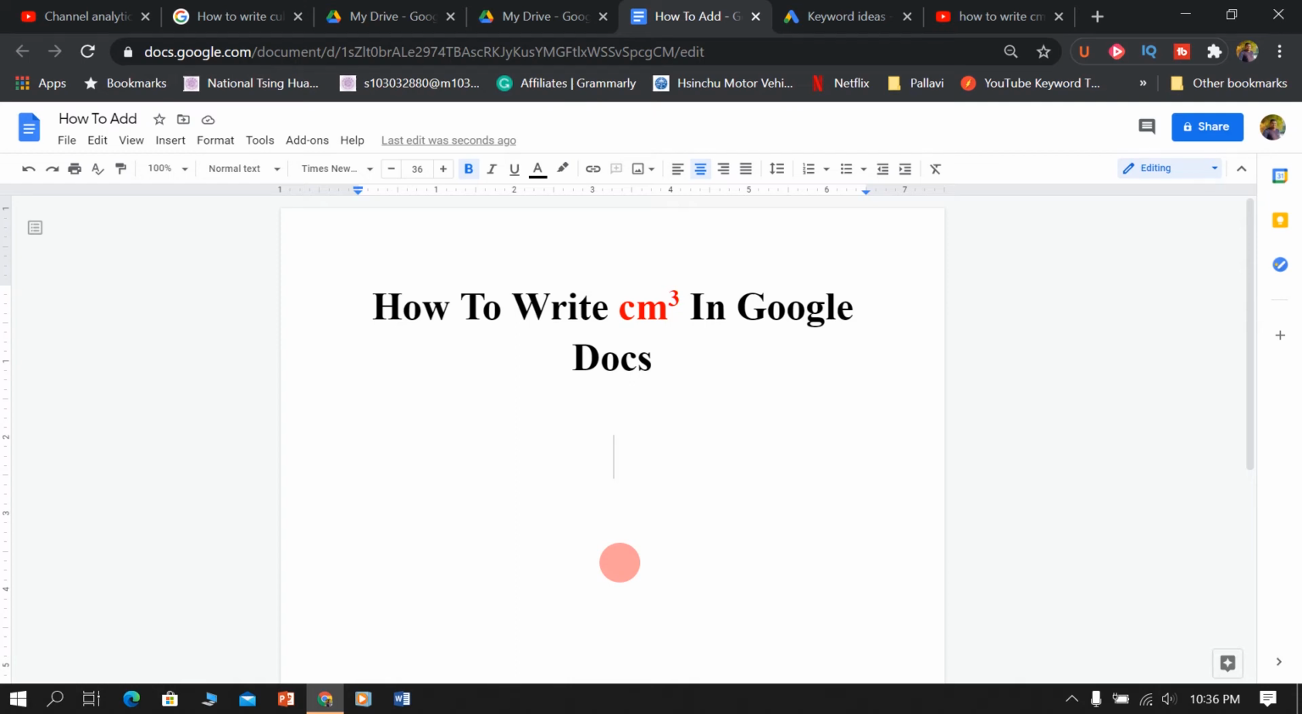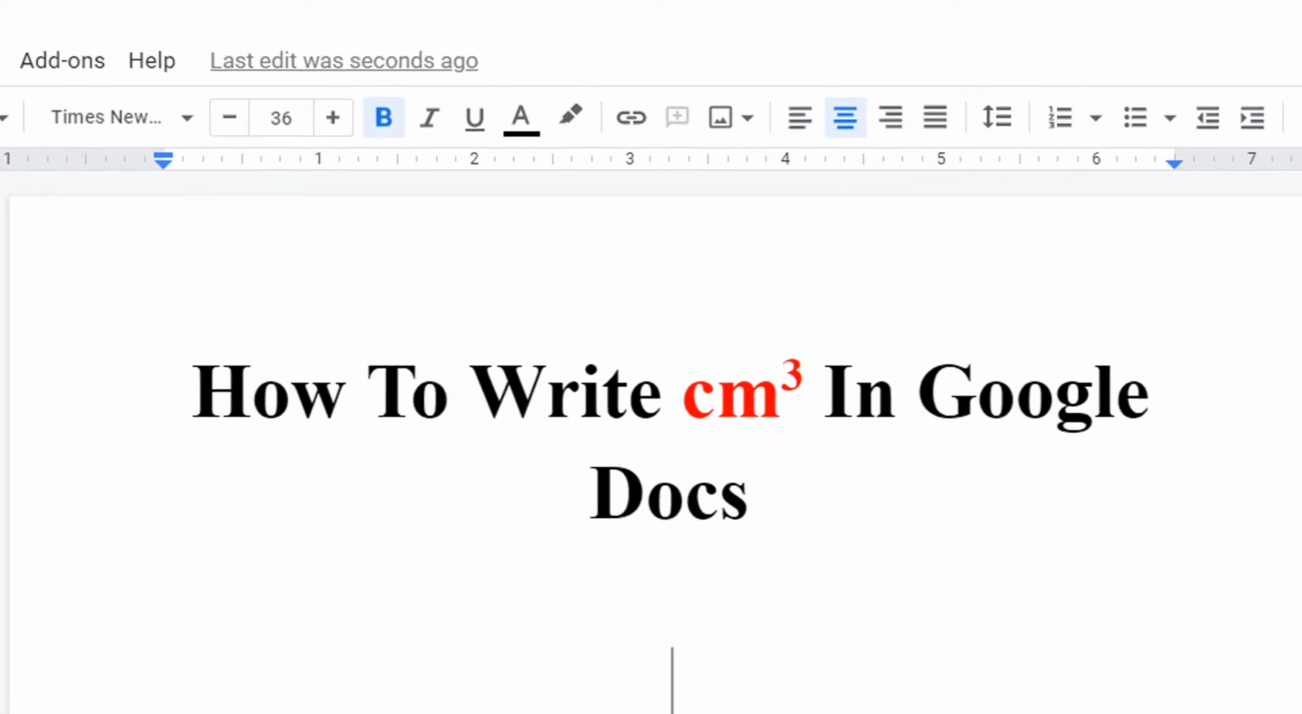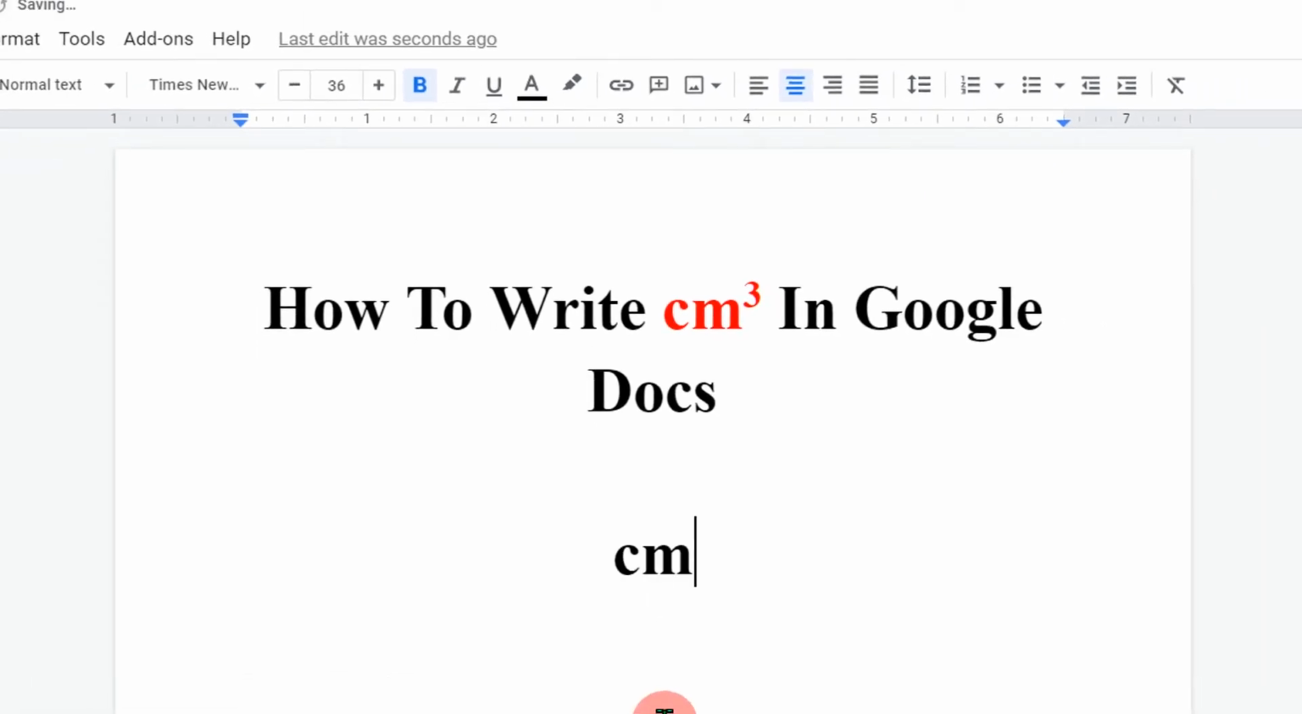In this video, I will show you how to write centimeter cube in Google Docs. In particular, I will show you how to superscript 3 in cubic centimeter. Let's get started. First write centimeter, then type 3 on your keyboard, press shift on your keyboard and select the